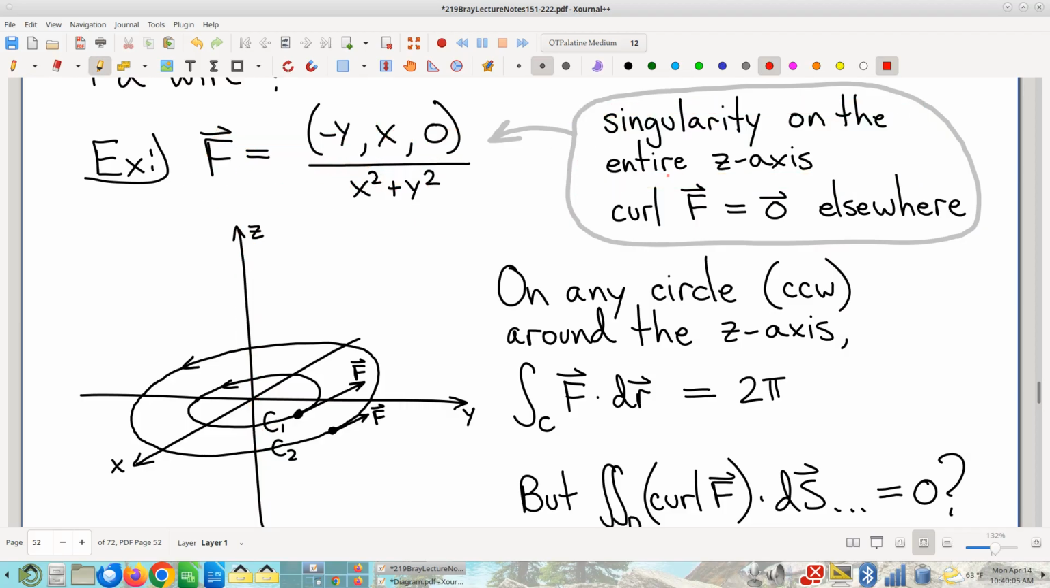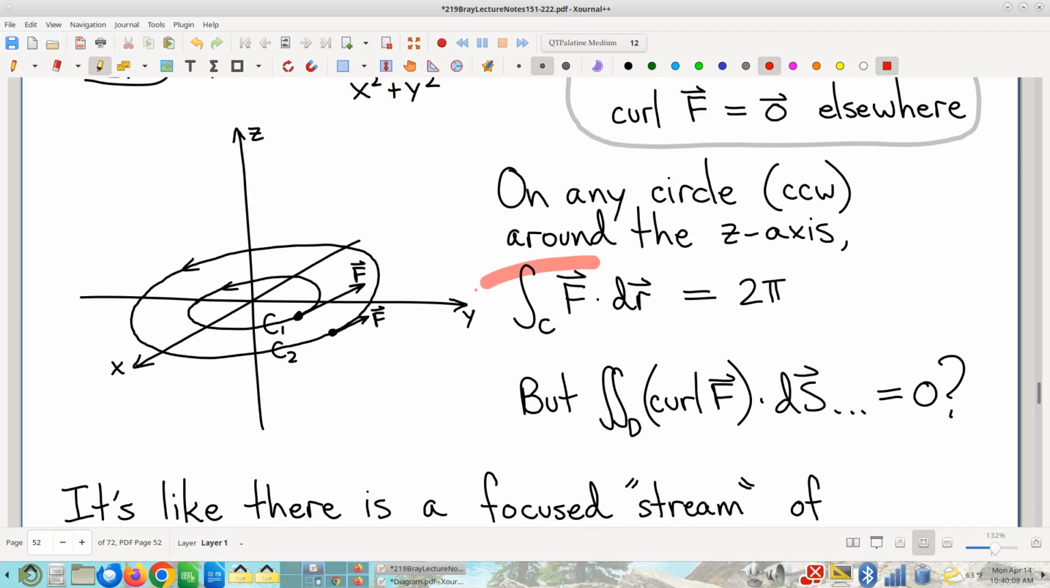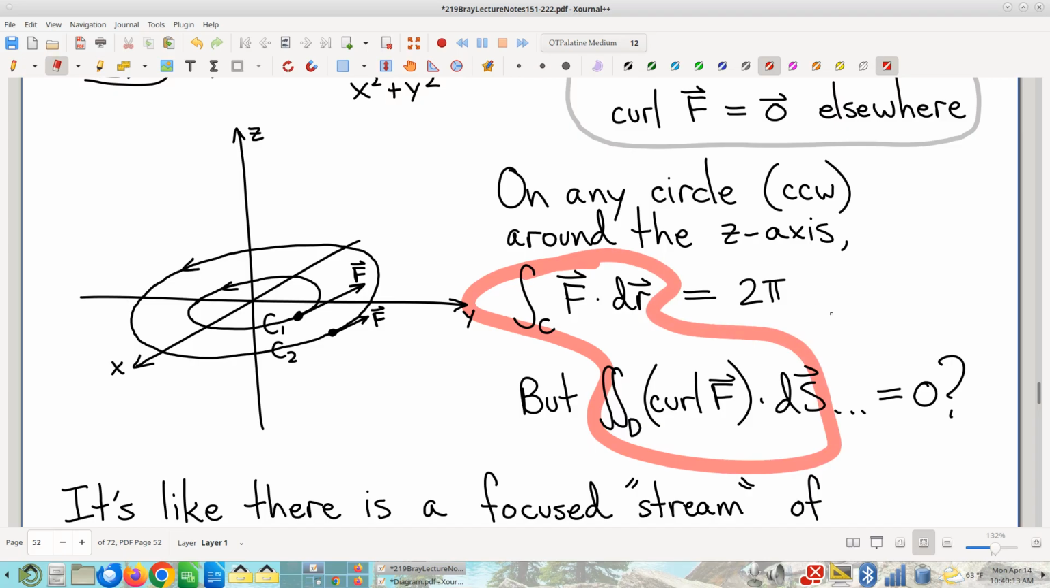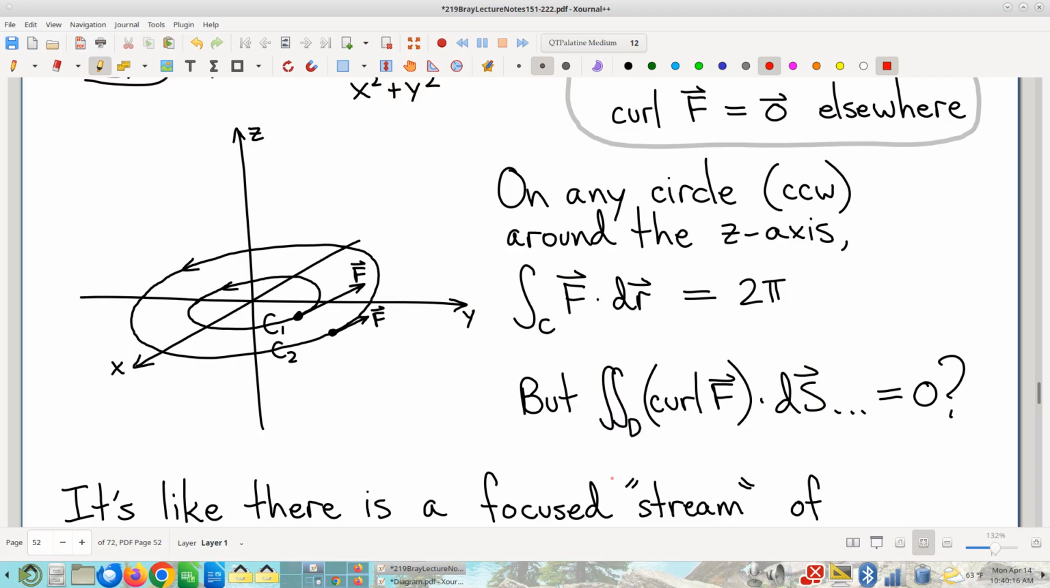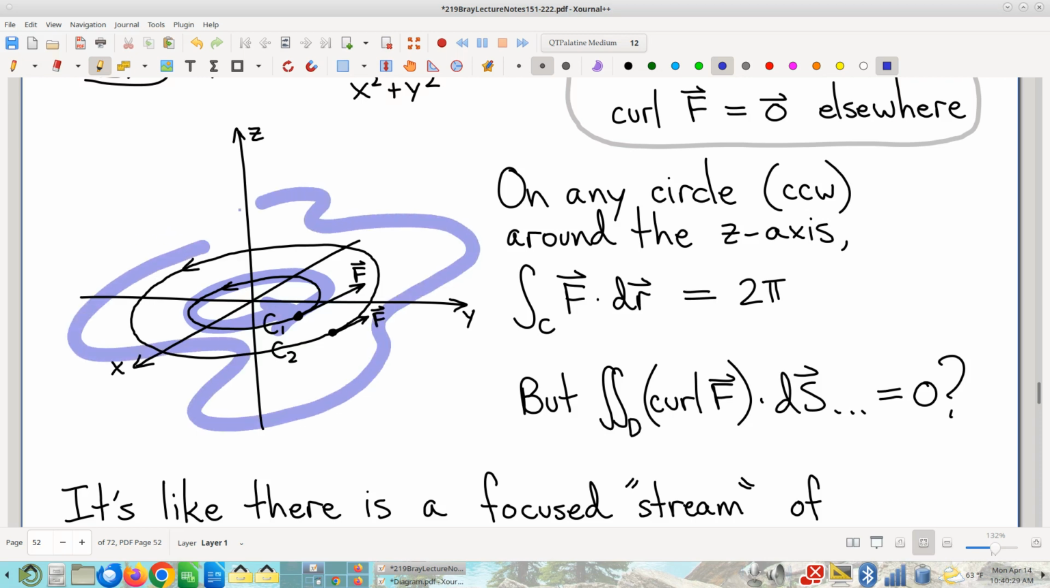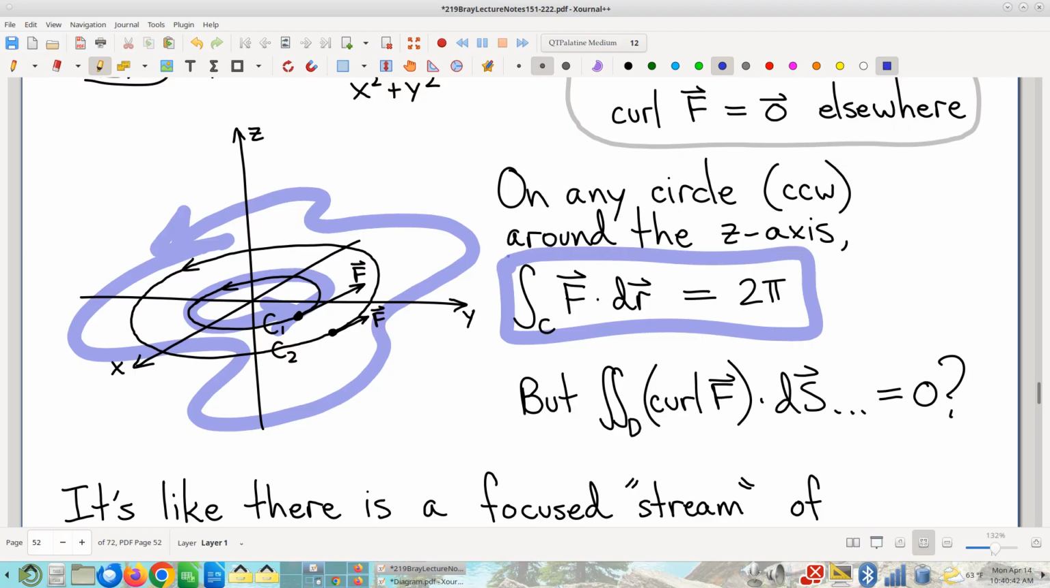And so here's the problem. These things are supposed to be equal. Stokes' theorem, these things are supposed to be equal. Problem is, if you were to compute a line integral around any one of these curves, and I drew a couple of concentric circles, not that you have to, same thing works for any other curve that goes around the z-axis one time, like I have drawn here. You compute that circulation and you will get 2 pi. But